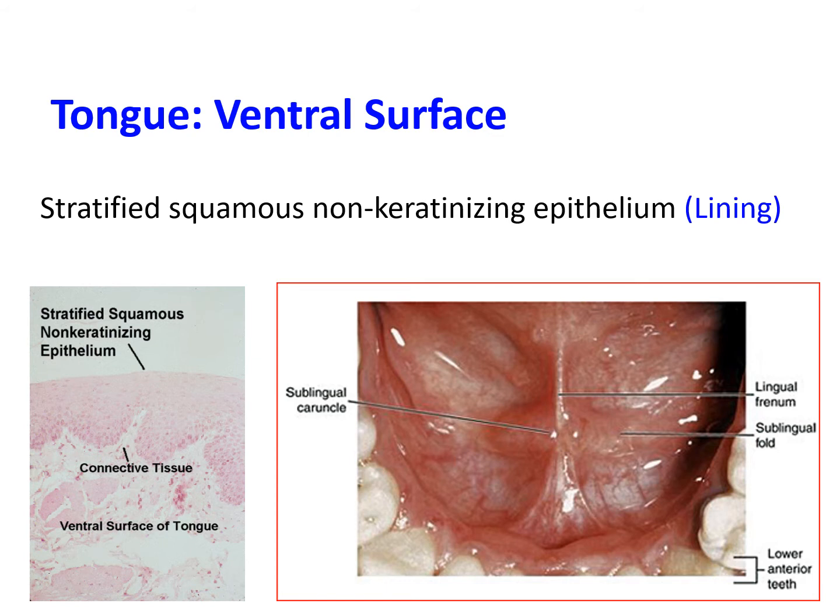And if you look at the ventral aspect of the tongue, you will recognize a midline fold, which is known as the lingual frenum. And on either side of the lingual frenum, you will have the sublingual caruncles, which mark the opening of the duct of the submandibular gland, and some of the ducts of the sublingual salivary glands also join the submandibular duct. So the submandibular duct, as you know, is the Wharton's duct, and the sublingual ducts are known as the Bartholin's